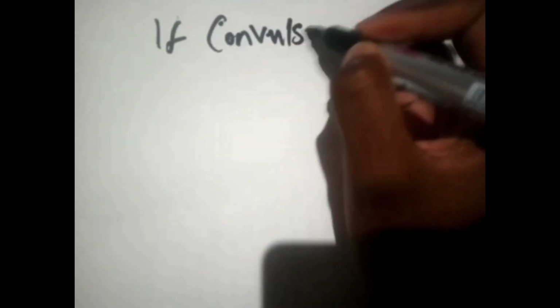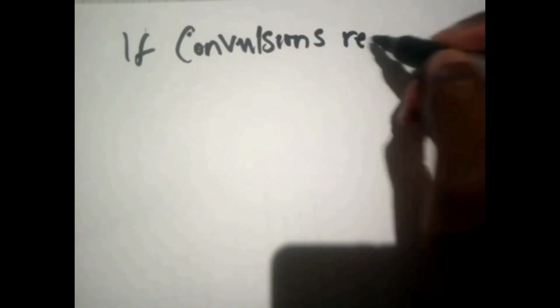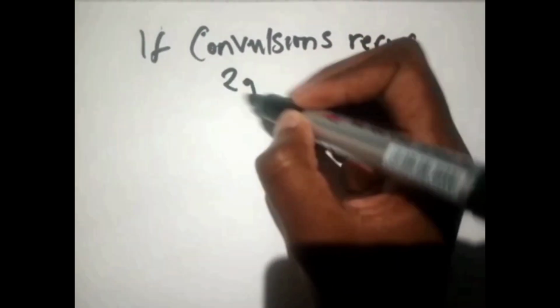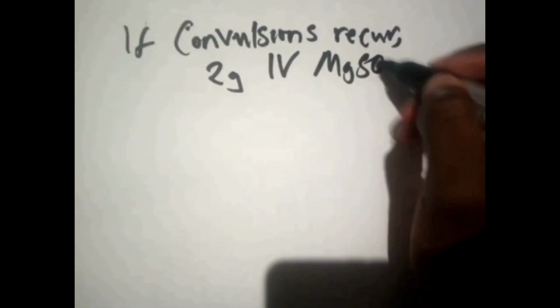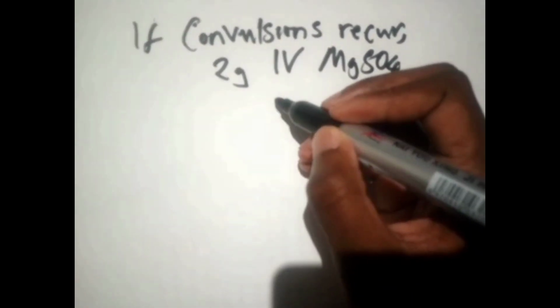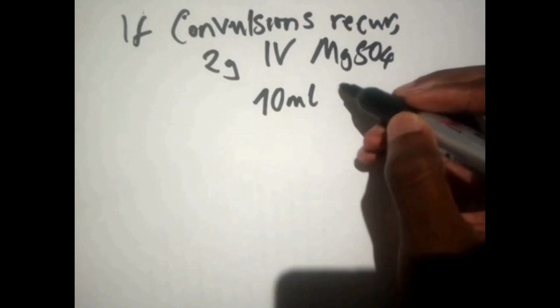So we said that if convulsions recur, you have to give 2 gram IV mag sulfate. So remember our conversion rate was saying that 10 mils, this is for 50%,